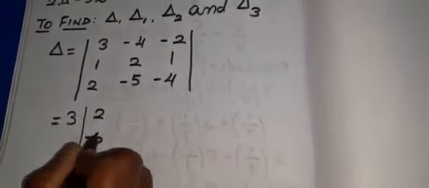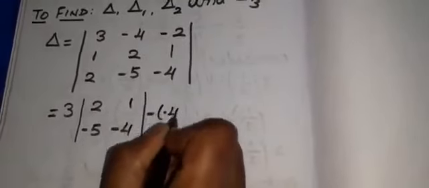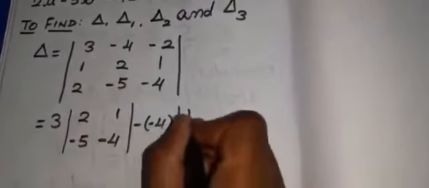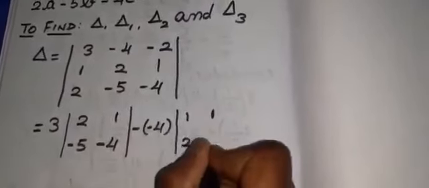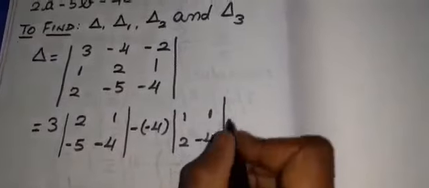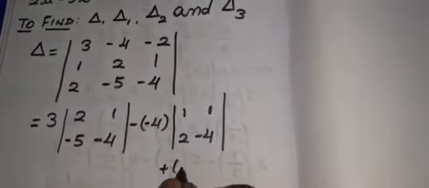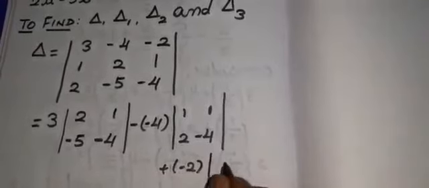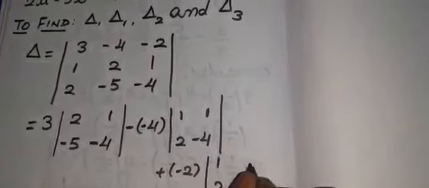First I am going to take 3. If you take 3, I am going to take only this determinant here: 2, minus 5, 1, minus 4, minus of minus 4. This is the procedure of finding the determinant, students. Just eliminate the corresponding row and column. You will get the value as 1, 2, 1, minus 4 plus, what is the last one? Minus 2. What is the answer you are going to get? Value 1, 2, 2, minus 5. So just see here, students,